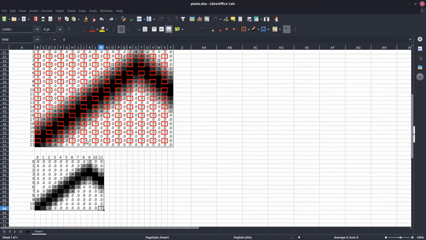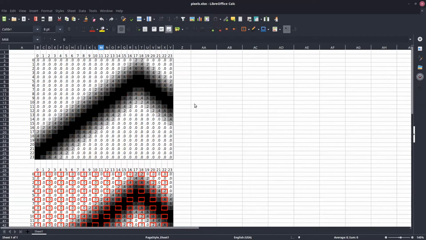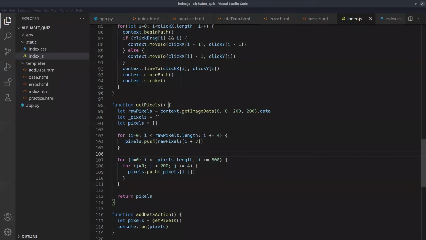So you can say these are the same images, representing the same thing. Which means when we are drawing our letters on a 200 by 200, we're going to do the same thing, except instead of skipping every 1, we're going to do this for every 4th pixel, because we need to scale this down by 4. So what that looks like here,